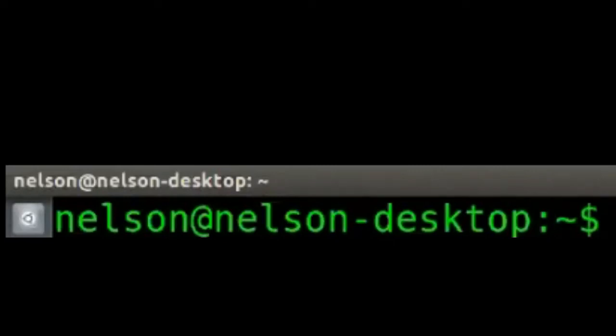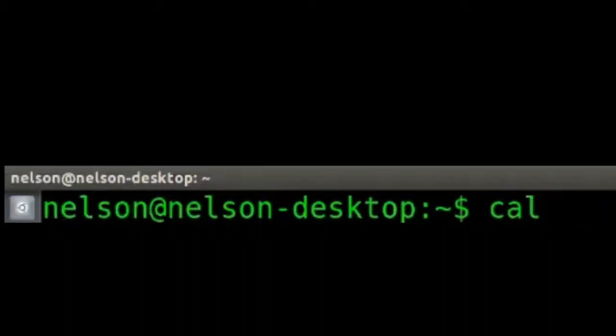So this is your terminal. Now the terminal, you can see this. This is in three parts. The first part here, that is Nelson written here. This is the username of this computer. After that there is an @ sign, and after that there is another name. This is the name of this computer. And there is a dollar symbol, and after this dollar symbol you can start giving commands.